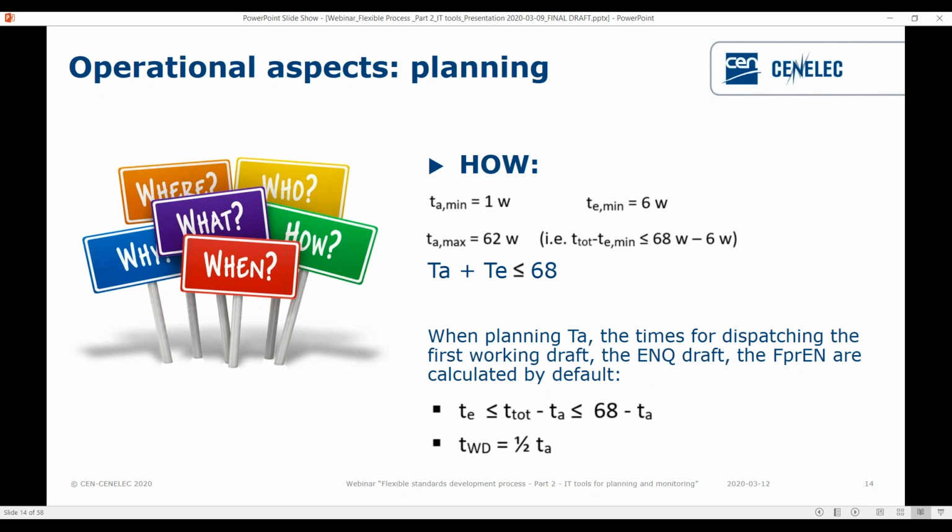It's still in the new work item form to indicate the target date for the first working draft, but actually since it's half of the time under stage A, it's calculated by default once you define the target date for stage A. And stage E, of course, is what is left from stage A, and then it's up to you how much time you want to allocate to stage E. Minimum 6 weeks,